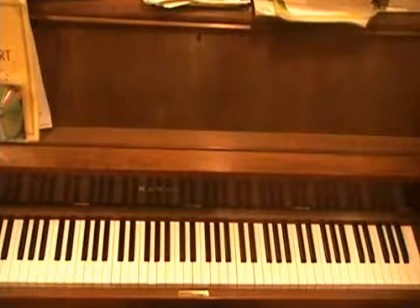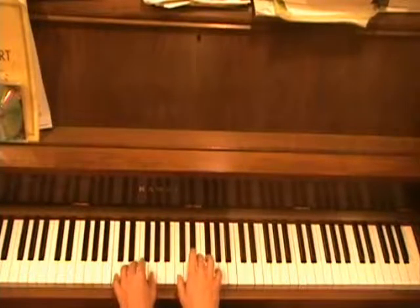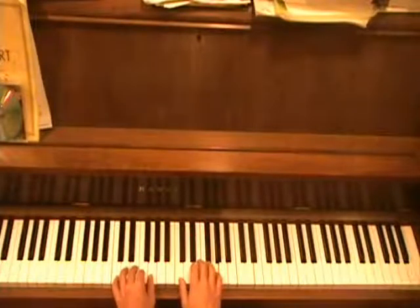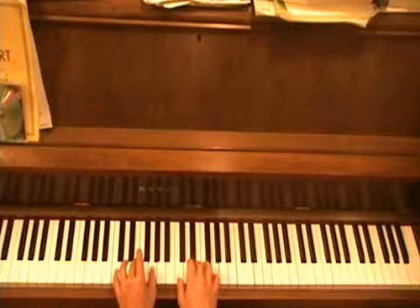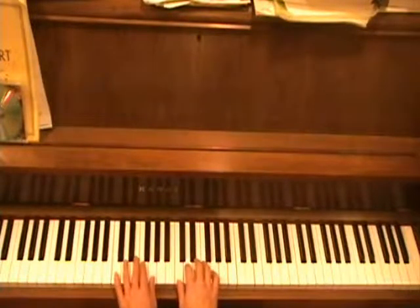Okay, next is a more advanced rhythm exercise. We're just going to play our chords again, but we're going to play it like a percussionist would play it. Percussionists who bang on bongos or congas are always going like this, right? Okay, so for example,